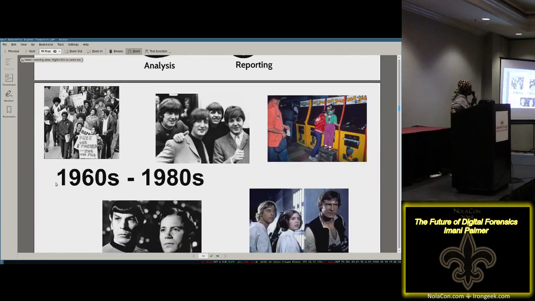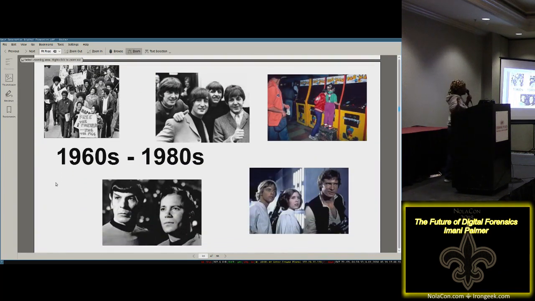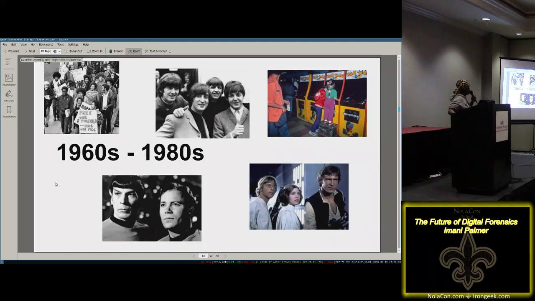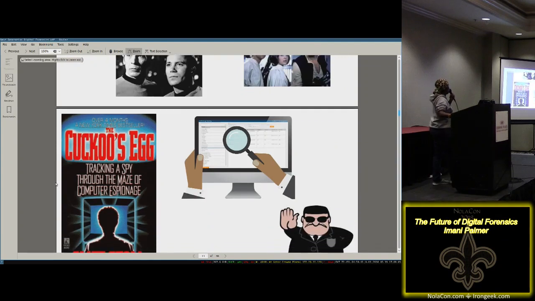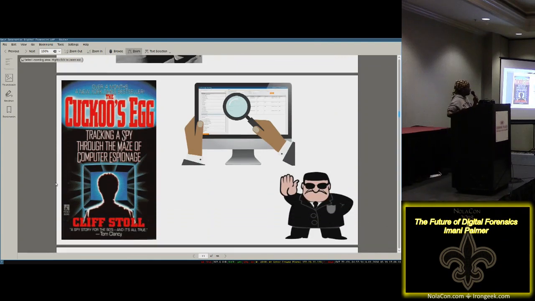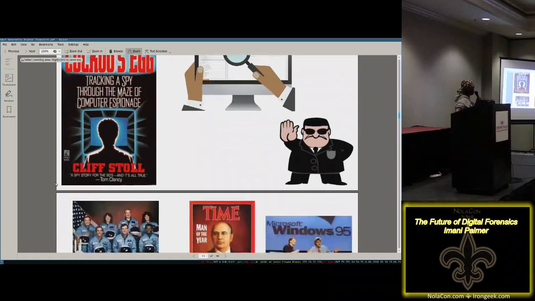So back in the day, the 1960s and 1980s, the Beatles, I think Star Wars and Star Trek happened in both times during that 20-year difference. And we had a bunch of rallies and people were going crazy, trying to make this work. But in digital forensics, we sort of really just began. The Cuckoo's Egg case started. We had the FBI starting to realize we could actually use digital forensic evidence for different things, and forensic accounting-ish and system log editing was really what the beginning of digital forensics looked like.